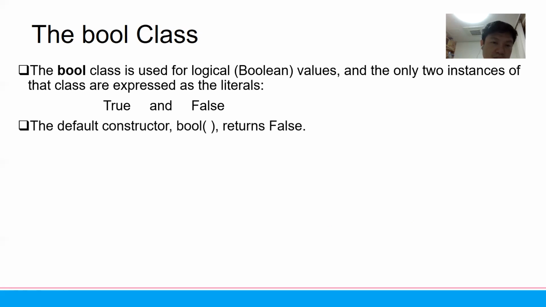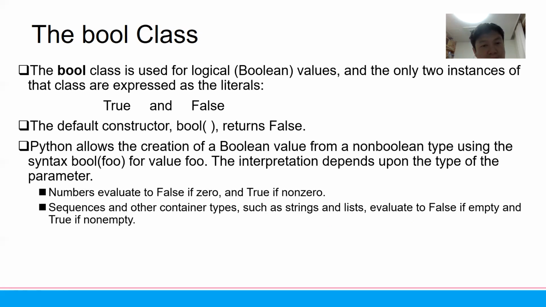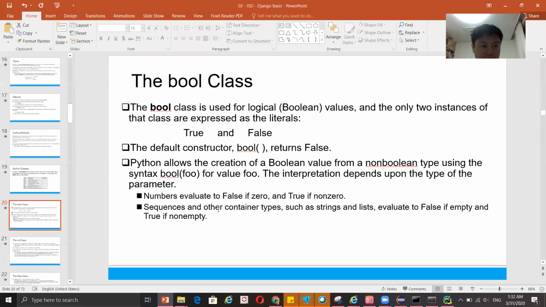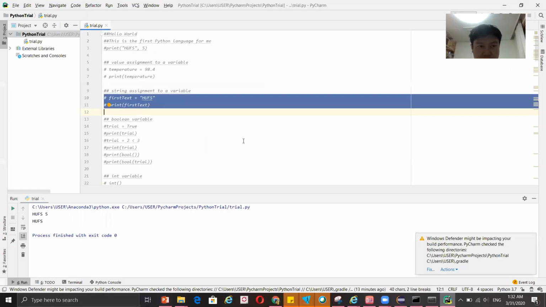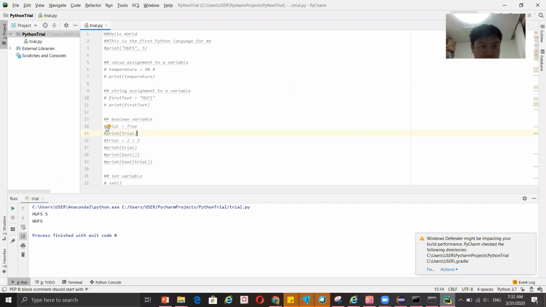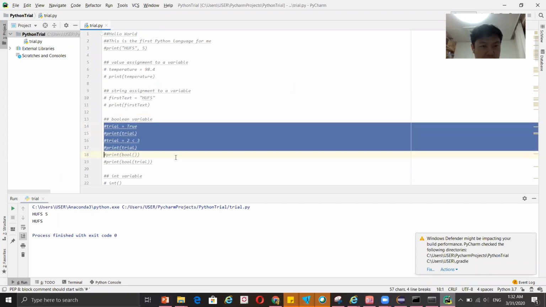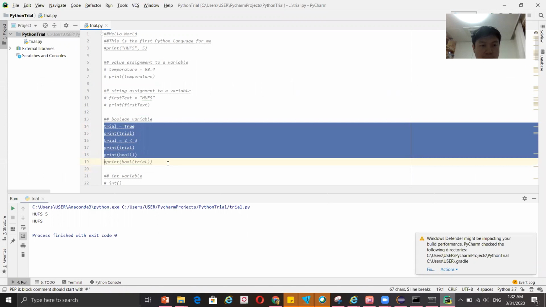If you make a boolean with blank parenthesis, then the basic value will be written, which is false. And Python allows the creation of a boolean value of non-boolean type. Let's say I have boolean foo, so I have something inside the foo. Okay, I want to make this. This is the variable. Let me open this one. So if I run